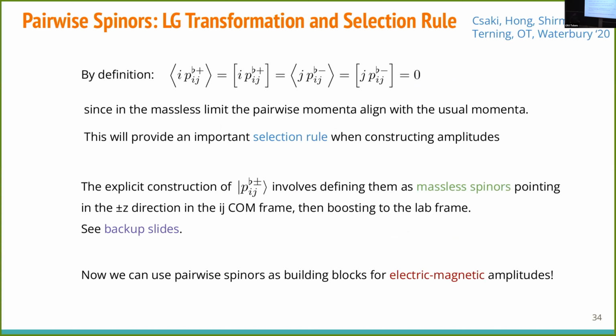Good. Now, an important thing, which is crucial to the fact that we have the helicity flip and Callan-Rubakov and all this, is that the definition of the pairwise spinors comes with a selection rule, which will tell you that some combinations vanish. And this is what will tell us that, for example, if I throw a proton on a GUT monopole, it can't just leave as a proton.